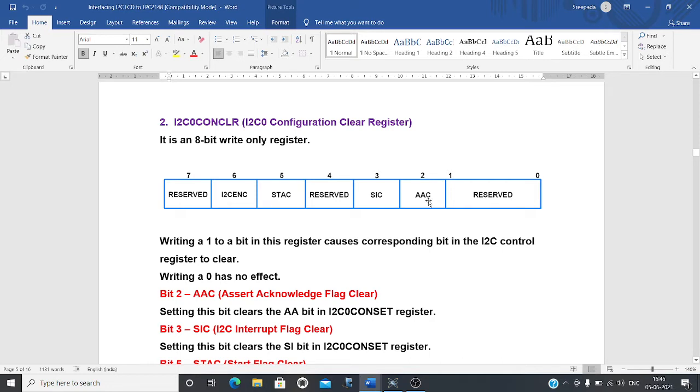In order to clear the serial interrupt bit, you will also use this one. If you set this bit, the serial interrupt flag will be cleared. It is set by the system, and the same bit can be cleared manually by the program using this register.